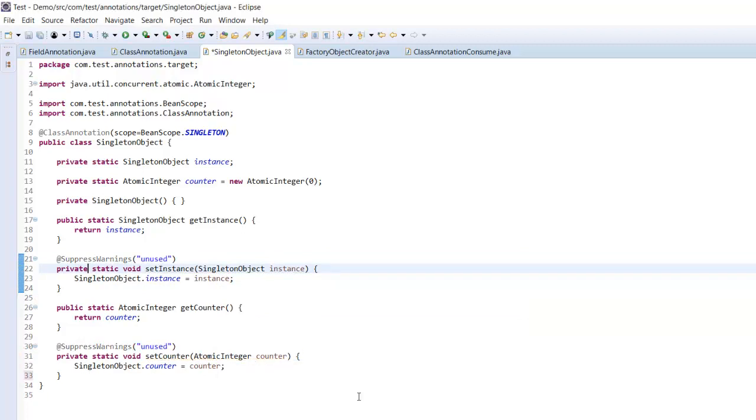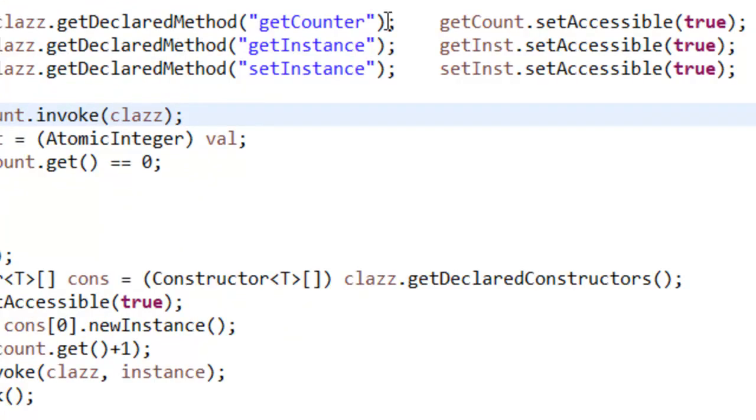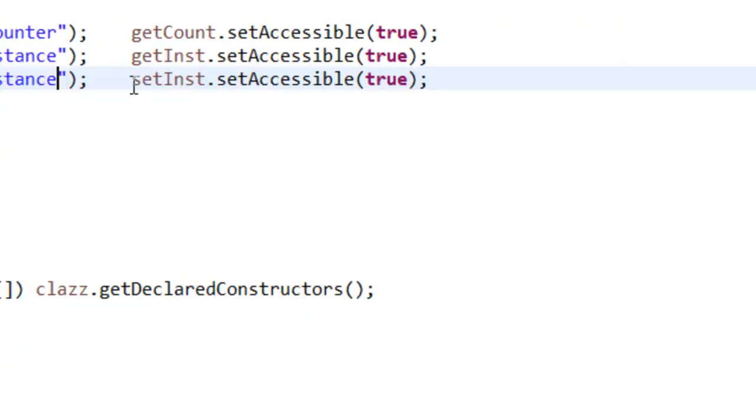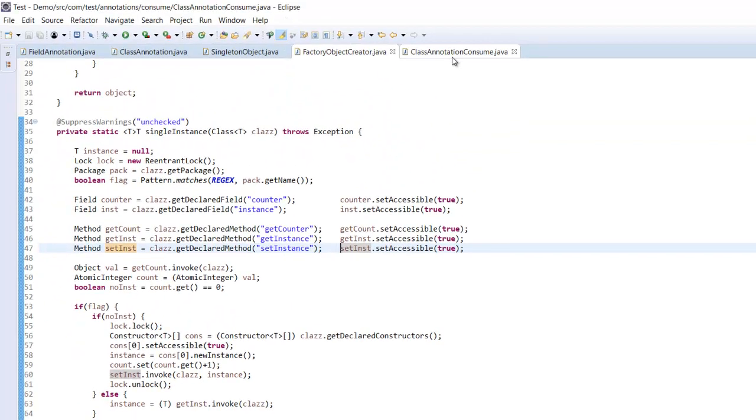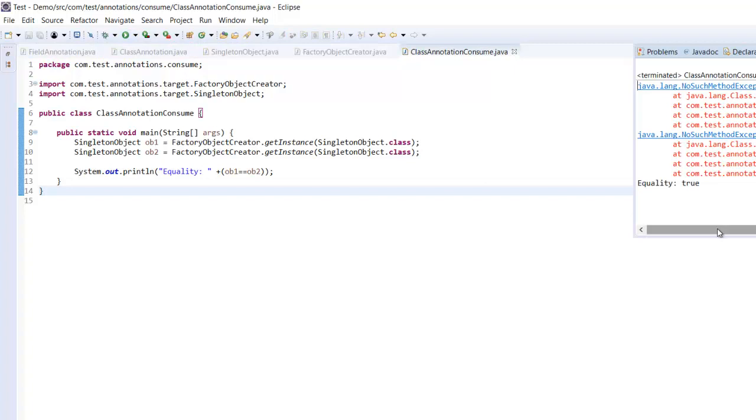The warning we have resolved. Set instance only it is. Okay. Equality is true, that is only one object is being created, but